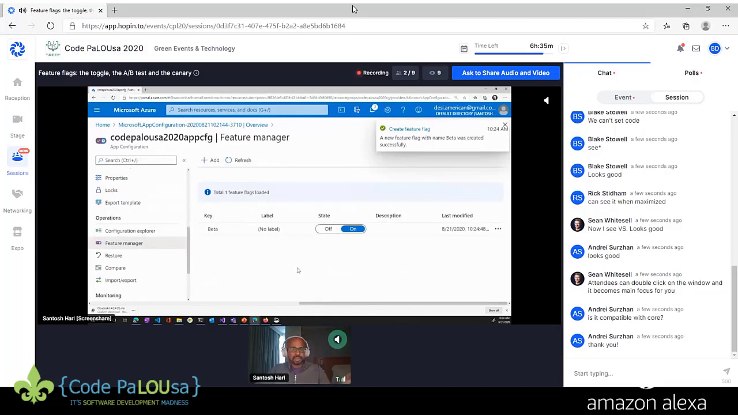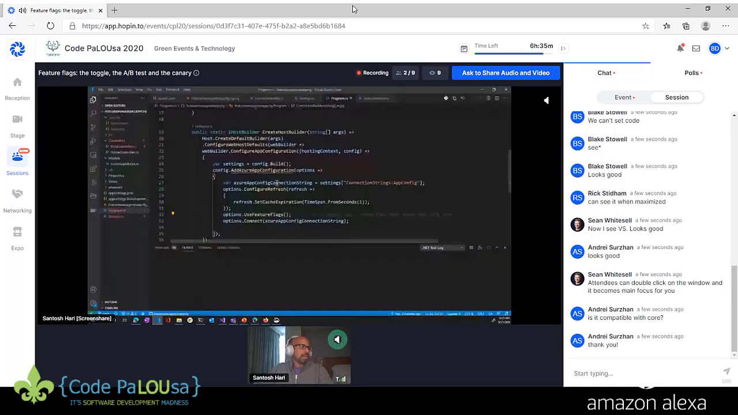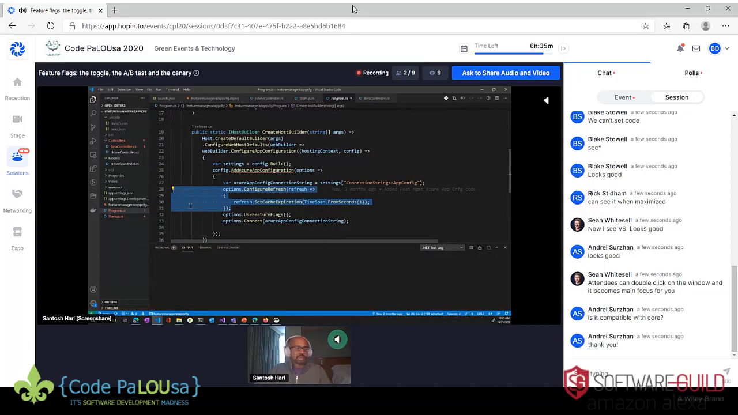So that's all that's needed. So what's going to happen with my code, going back to my code, is it will connect to the Azure app configuration using the connection string, and it will use the feature flags feature. Now, one thing that's a little bit tricky is because I'm doing this in my program at the startup of the program,